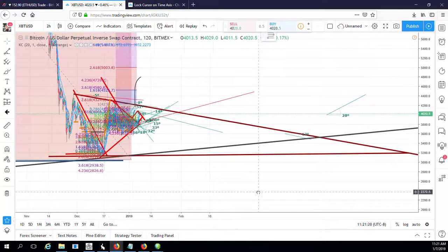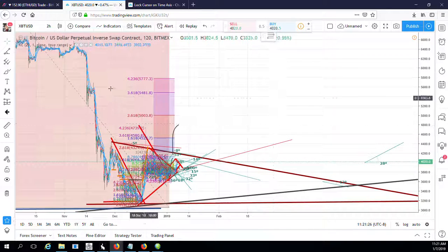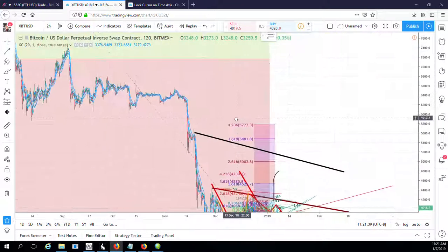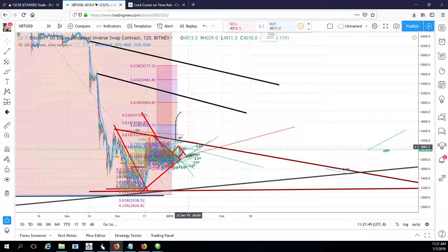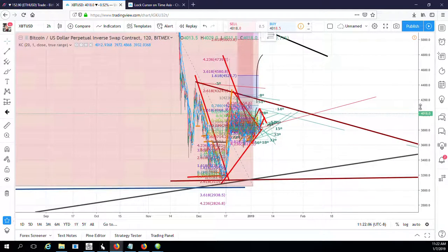Oh, there you go. That's better now. See, so you kind of see from there. And so let me go ahead and draw those angles then. And another one. Take it from here. Alright, so if any of these break, then it'll set the next level. We don't know what that is, so if I can kind of be consistent with the angles, I know it's not consistent, but if we can kind of fix something here and then get an angle